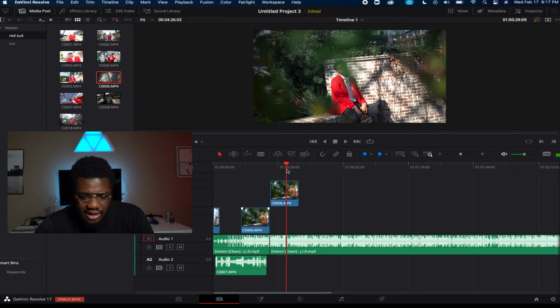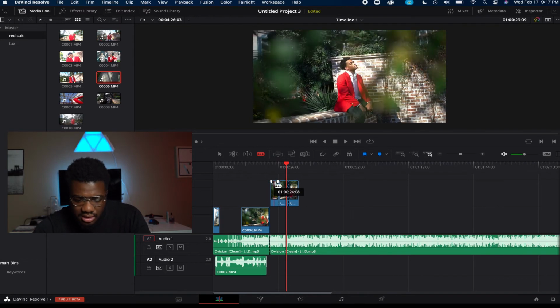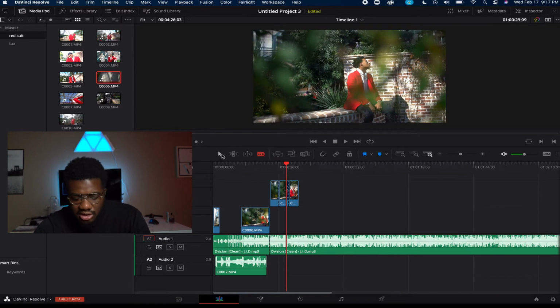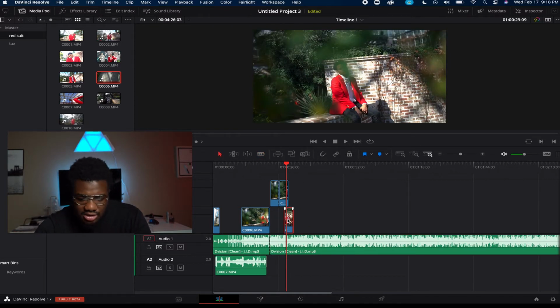If you have a clip in here and you want to cut it, you can click this blade thing right here, or the shortcut is B. When you're cutting, make sure to go back to this mouse or selector mode, or you can just click A and it will go back to selecting. Now that we have a basic editing thing,